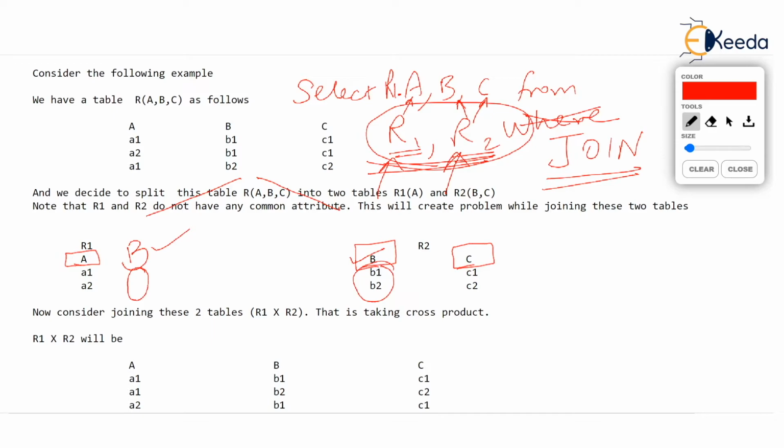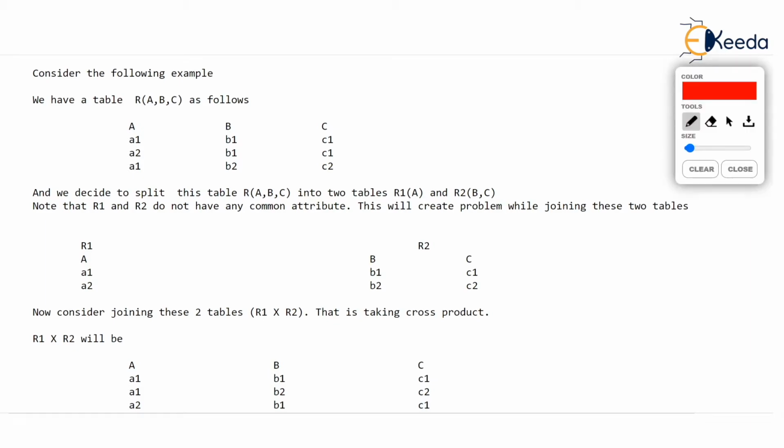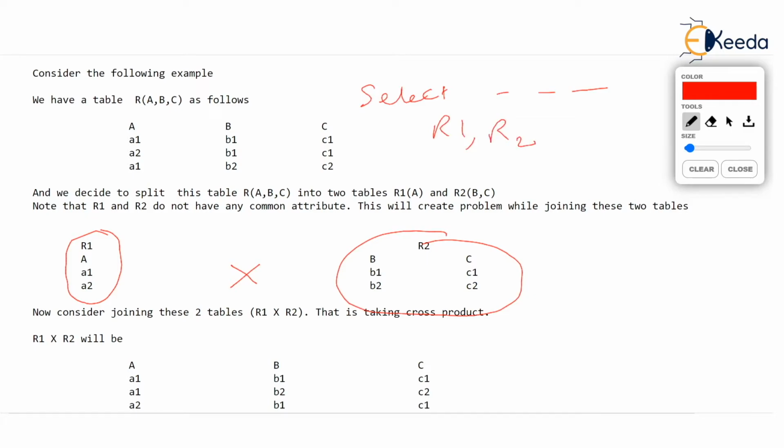By the way, what I mean over here, if you try to join these two tables, R1 and R2 now, then it will simply result in a cross product. Because when you say I want to select something from R1 comma R2, these two tables are simply going under an operation of cross product, and then from that cross product you may have where clause where something is selected, but you can't write where clause because there is nothing to compare here, and simply here join means the cross product. So R1 cross R2 over here will be, what will be R1 cross R2?